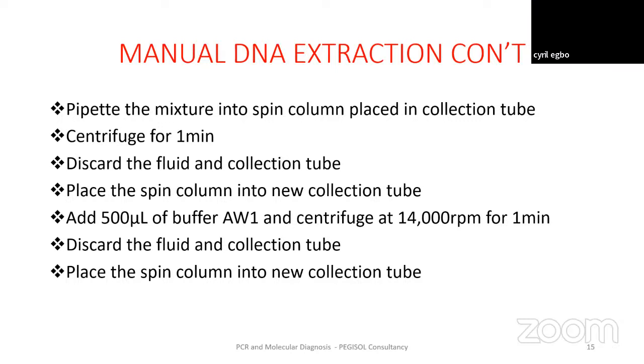Then you centrifuge for 1 minute. Then after centrifuging, you discard all the content that is collected in the collection tube, which is regarded as the contaminant. Then after which you place this spin column into a new collection tube. That is when you now add your buffer AW1. Then you centrifuge at